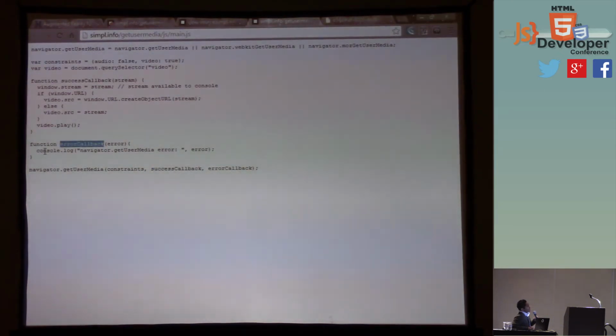So this is just going to print something out to the screen. So window.stream. The stream data that comes back is a blob, a binary large object, and that's just fed directly into the video source, just like you have the image tag and a source attribute. It's the same way.